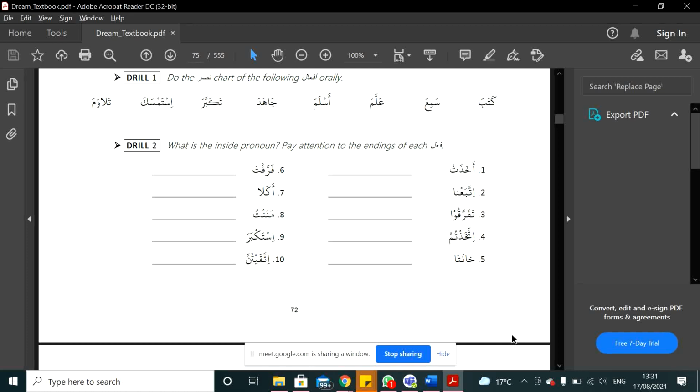Very good. And now, Sister Raisa, I want you to do tafarraqu. Tafarraqa means to divide. Tafarraqu. Okay. So, huwa tafarraqa. Huma tafarraqa. Hum tafarraqu. So it's they. What is the meaning? To divide. So it's they divide. It's hum. Very good, very good. Now, Sister Sarah's turn. Ittakhaztum. Ittakhaza means to take.